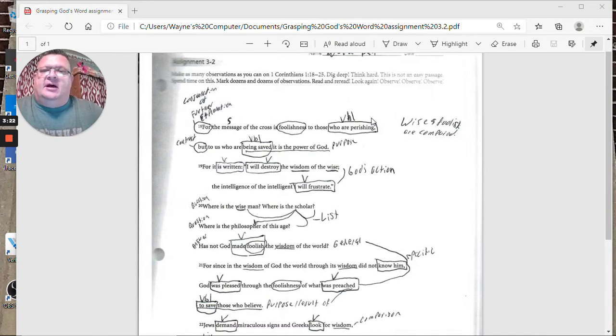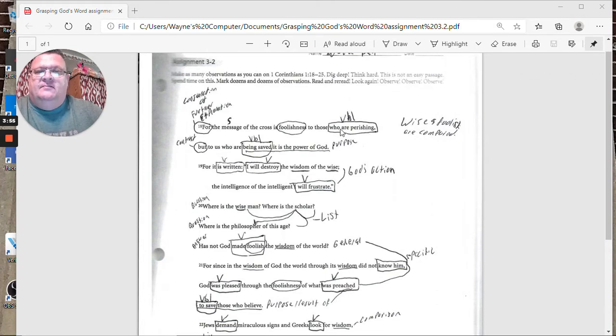You say, well, now what are verbals? And what's the difference between a verbal and a verb? Well, a finite verb is just a basic verb. Basically like this, I will destroy. It's a future tense verb, and it's just that. It's just a simple verb. Verbals are things like infinitives and participles. And so this verbal here in verse 18, who are perishing, in the Greek is a participle.